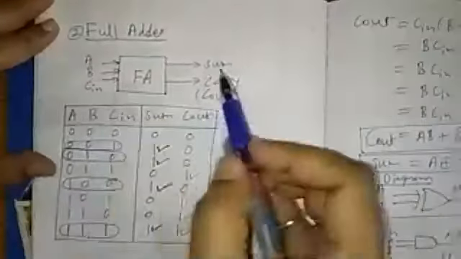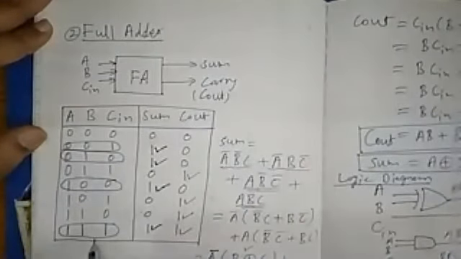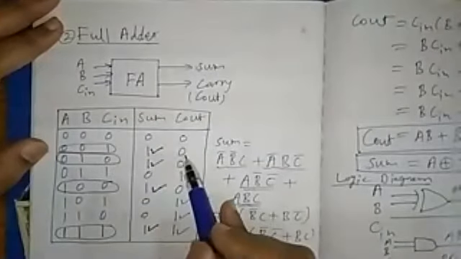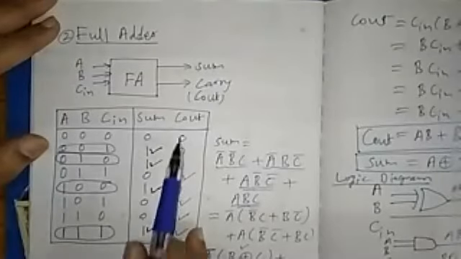Now this is a half adder. Full adder has three inputs: A, B, C in, and outputs sum and carry C out. There are three inputs, therefore combinations 0 0 0 to 1 1 1, that is 0 to 7 in decimal. If you take this combination and put the sum and C out: whenever one of the three inputs is 1, or all three are 1, the sum will be 1. And for the carry, whenever two inputs are 1, or all three inputs are 1, the carry will be 1, otherwise 0.